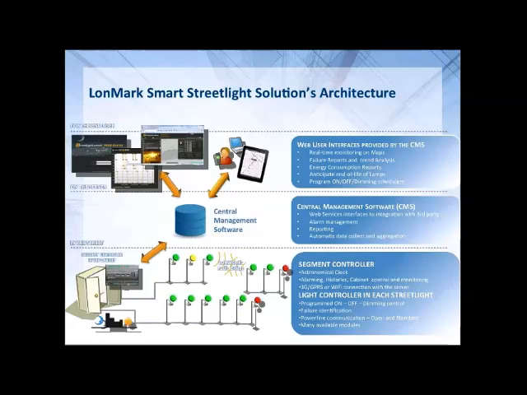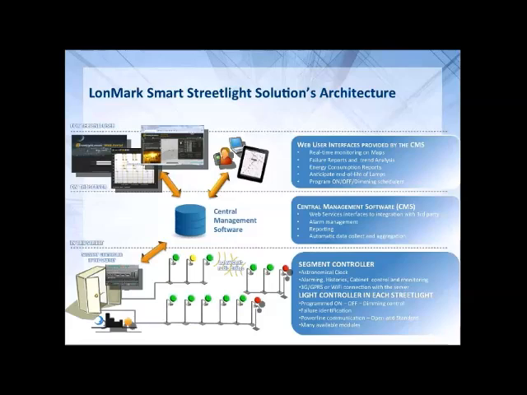The second component is usually in a cabinet or somewhere on the network. It's called the gateway, the segment controller. Some may call it the data concentrator. It's a piece of electronics, again, that controls a part of a network and a group of light point controllers, sending them the on command, the off command, the dimming command, stepless dimming commands, and organizing that network, organizing the communication with all the light points, and also making the interface with the third component, which is the central management software,